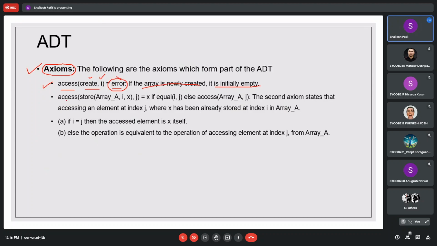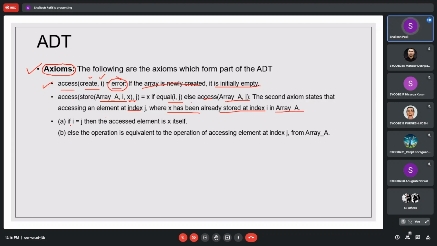Again, we have access and store. Access of the array after storing the value X at index I, accessing the element at the jth location, is equal to X if I and J are equal; else you access the array at A, J. The second axiom states that accessing the element at index J, where X has already been stored at index I in an array, may be a mismatch.